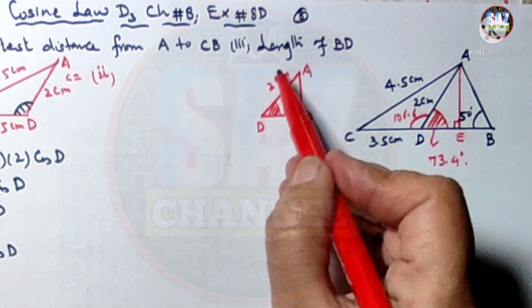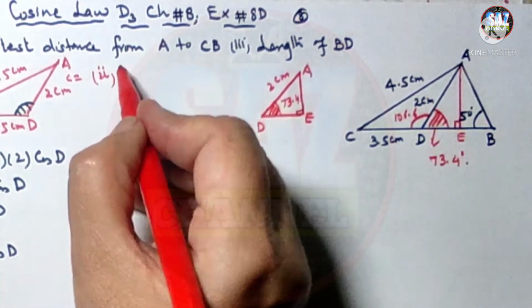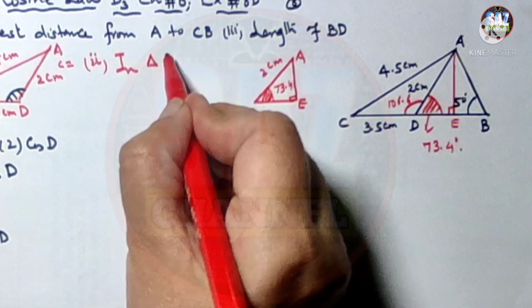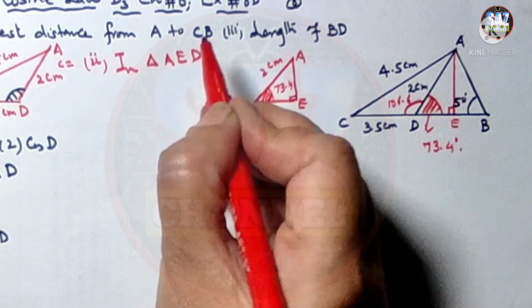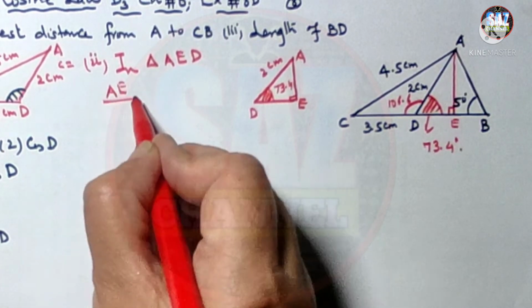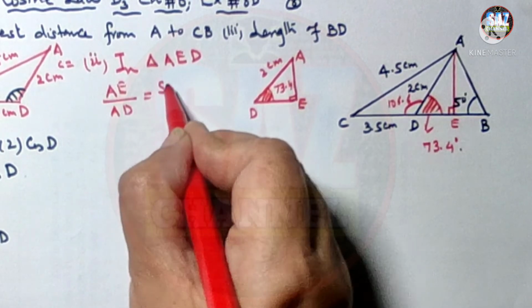So opposite upon hypotenuse, which trigonometric ratio? In triangle AED, opposite is AE upon hypotenuse is AD, equals sine